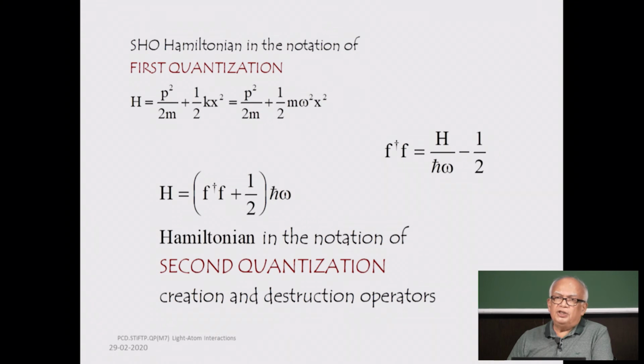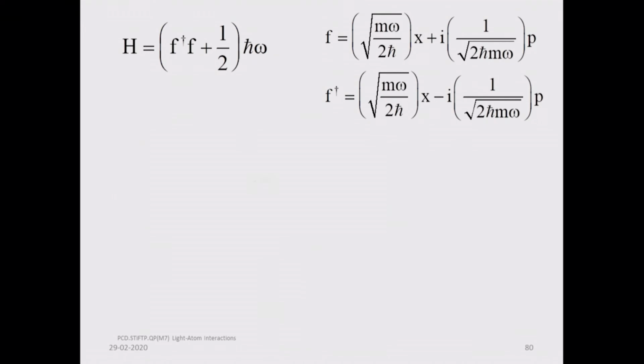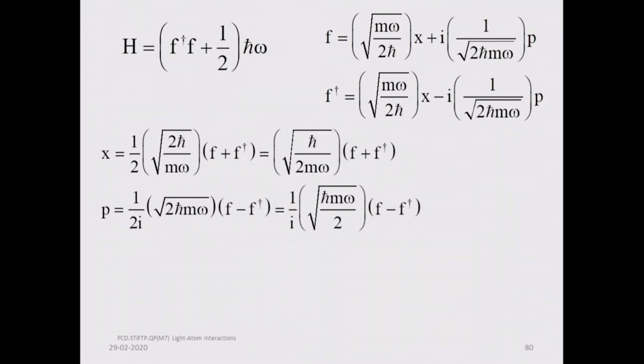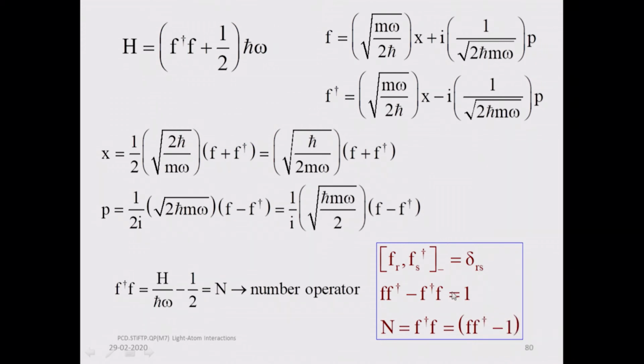So essentially you have this expression for the second quantized Hamiltonian in terms of the creation and destruction operators, which will be f dagger f. So f dagger f is the number operator. We are going to use this machinery. You can write the position and momentum operators in terms of the creation and destruction operators, and you can do the inverse relations, which is writing the destruction operator and the creation operator in terms of the position and momentum, right? And using these commutation relations, you have this simple result.